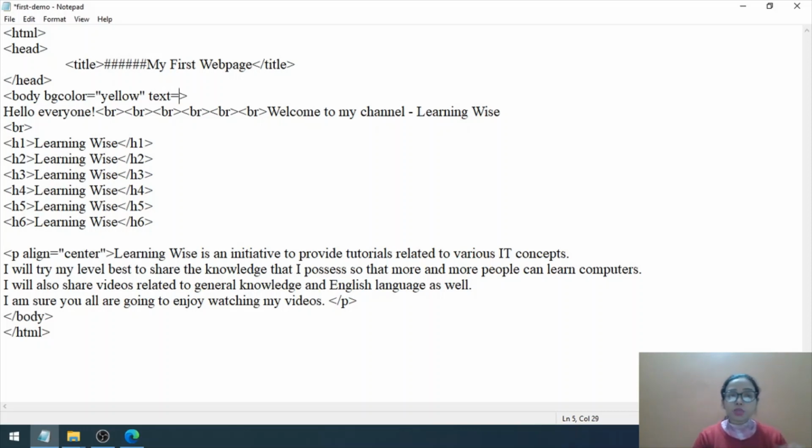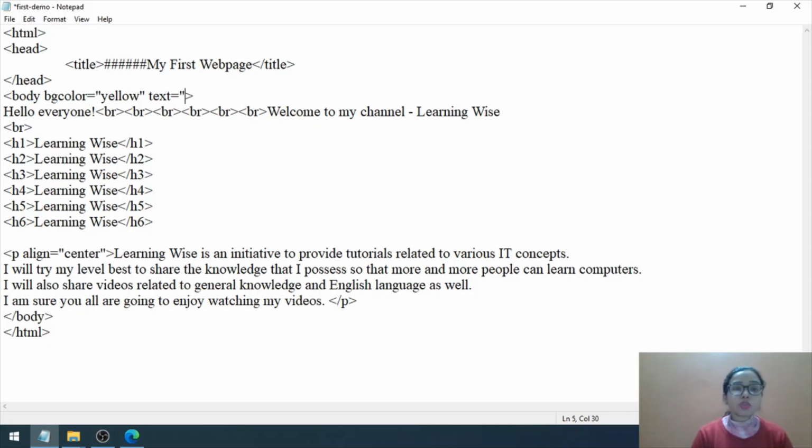BG color means the background color of the body, or we can say the background color of the web page, while the text attribute of body represents the text color for the entire web page. Don't worry, there is another tag related to changing the color of the text, which we will be doing in the upcoming tutorials.